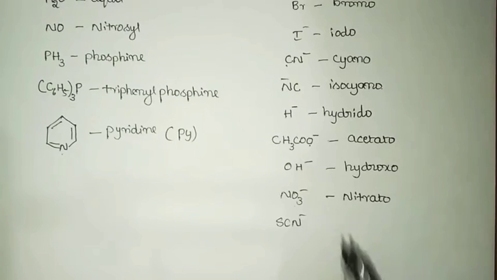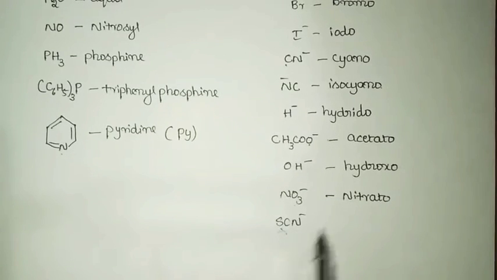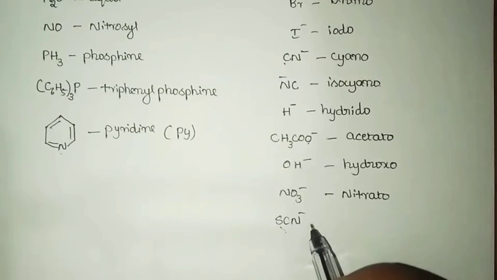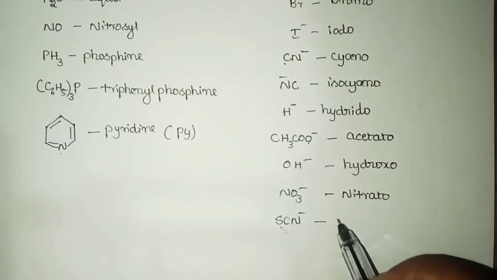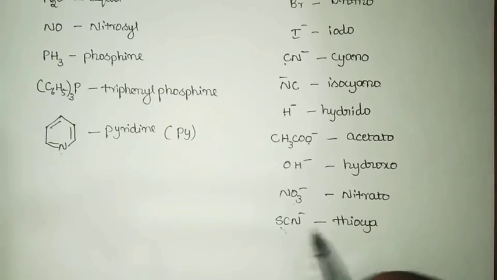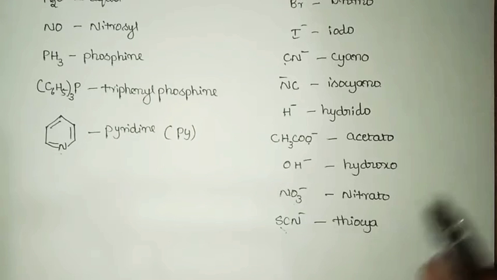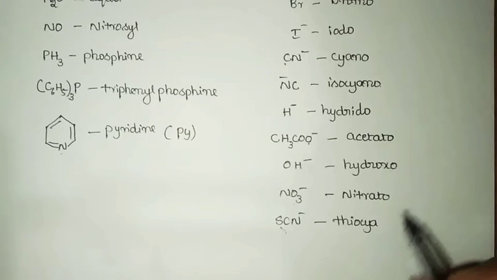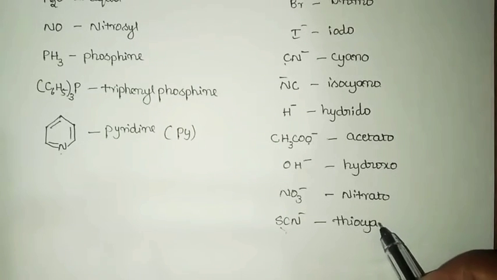Right. And if it is SCN minus, so here also we are having three atoms. So S, C and N. But among these three atoms, either sulfur or nitrogen can act as a ligating atom. If sulfur of this particular group is acting as a ligating atom, then it will be called thiocyanate. The last letter E should be replaced with the letter O. So it will become